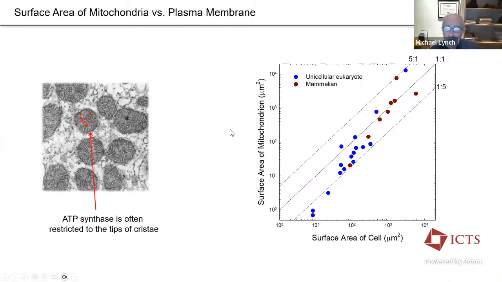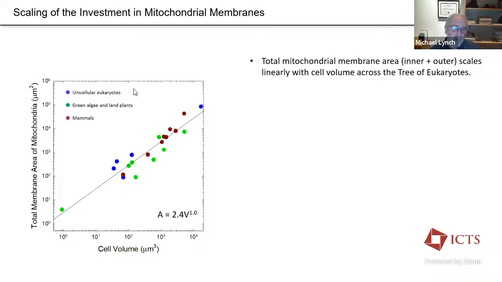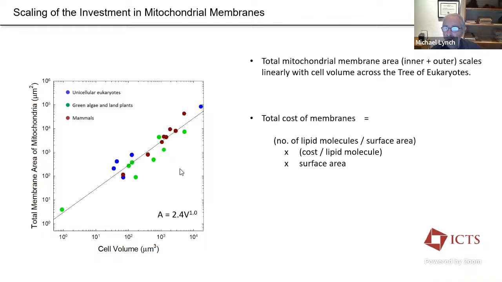Well, maybe this will become a little clearer in a second, because the next point I'm going to make is that mitochondria themselves are very expensive because they consist of lots of lipids. So you still have to build these extra organelles here, and they're really quite expensive, as we'll see. So this gives us the scaling relationship. If you have a certain cell volume, this would be the surface area. This quantity here would be the surface area, follows this linear regression of mitochondria in those cells. And then if you know the surface area, you can calculate the total cost of membranes on mitochondria in the following way.